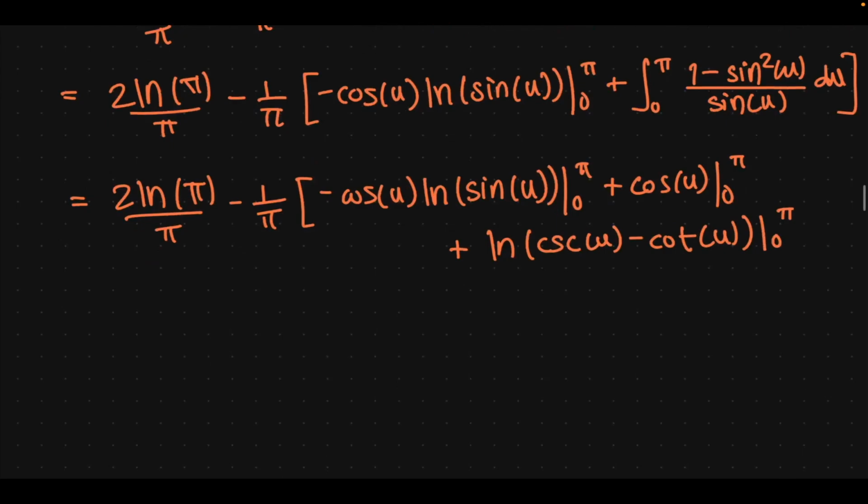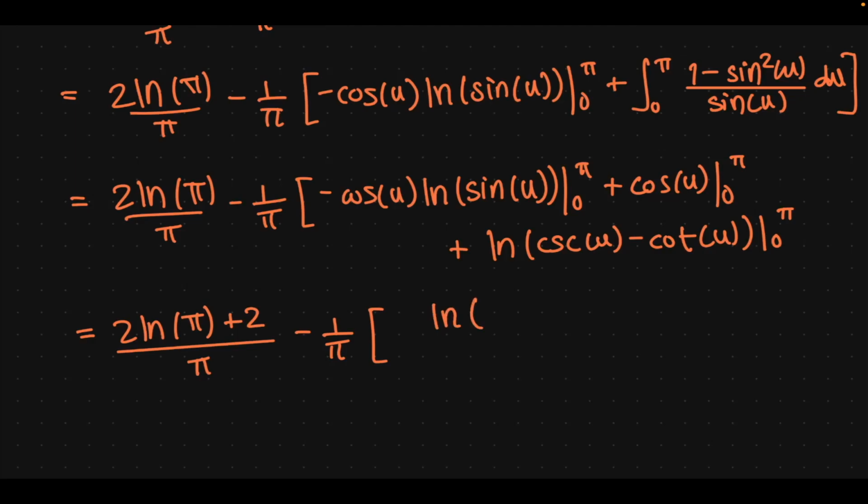So the cosine term is no problem at all. It will give us a minus 2. With this minus will give us a plus. 2 ln pi plus 2 all over pi. But the problem is these other terms, right? So we have